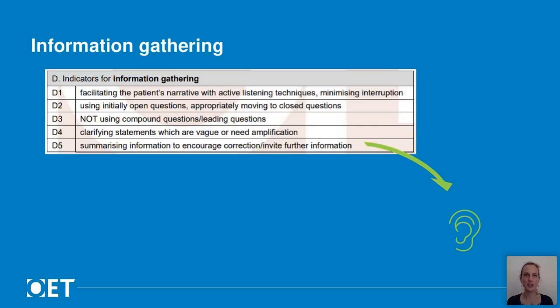The other type of question you should avoid are what we call leading questions, which are the ones which suggest the answer to the patient rather than letting them answer it in their own way. So, for example, the pain has got worse recently, right? You're really leading them to say yes there because you're putting the words into their mouth.